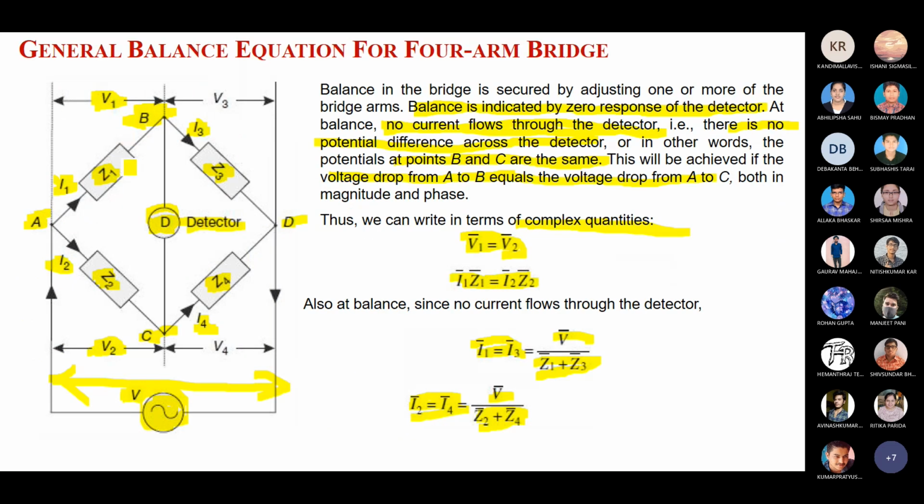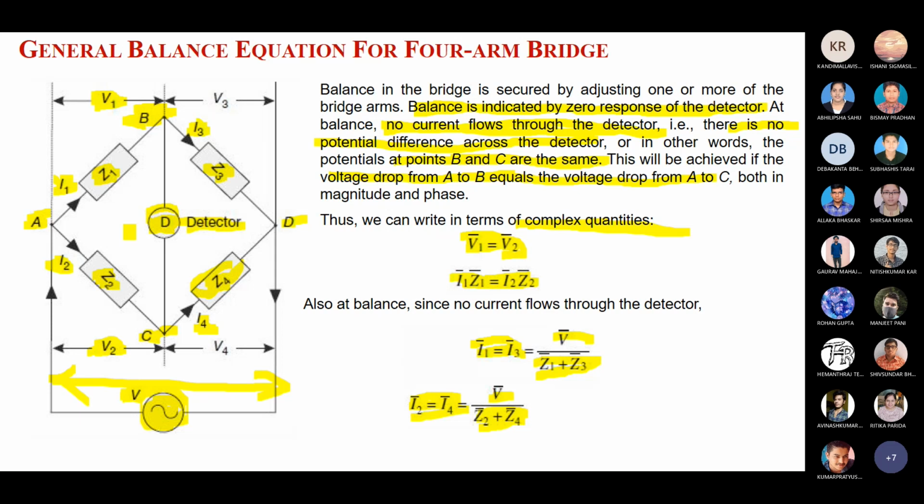So in the Wheatstone bridge, P by Q equal to R by S. Similarly here you are writing that Z1 by Z3 equal to R2 by the unknown one, which is Z4. But in this case you cannot say that only the Z4 arm is unknown. In the Wheatstone bridge the Z4 arm was unknown. Here any of the arms may be unknown. Okay, no problem on it.